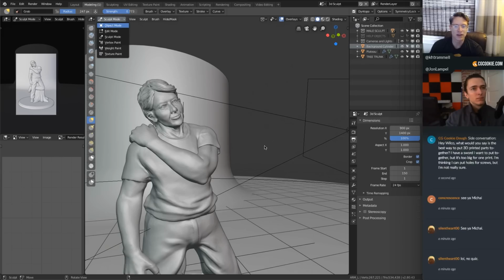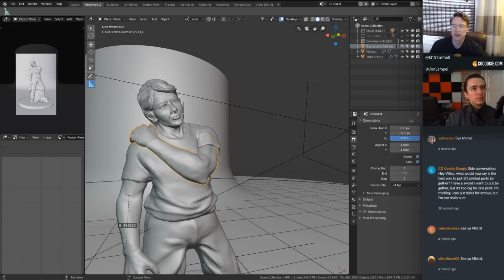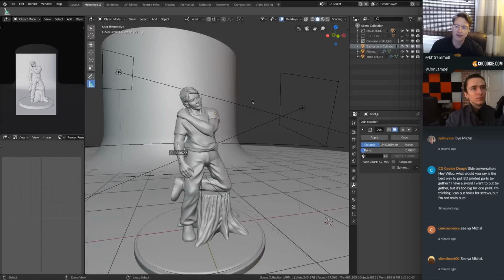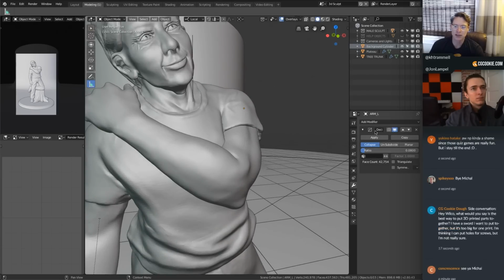Let's take a look. Yeah, I think it's dynamic topology that has a decimate modifier applied. So we're able to zoom around the scene very efficiently, but it's because of the decimate. So if I apply the decimate modifier,